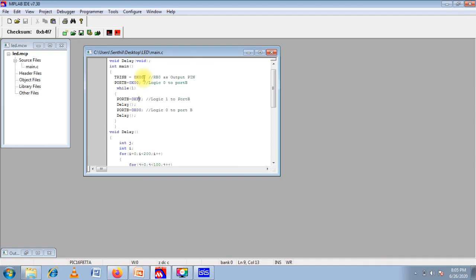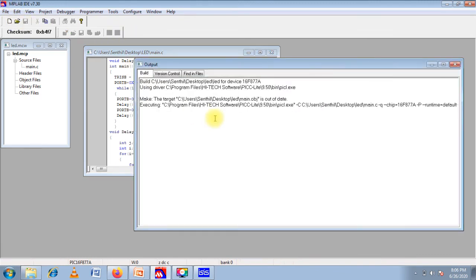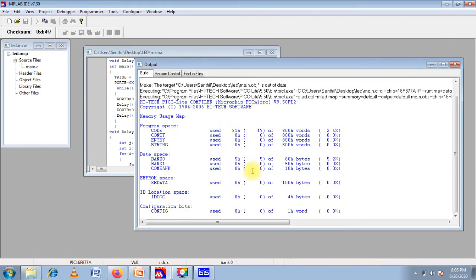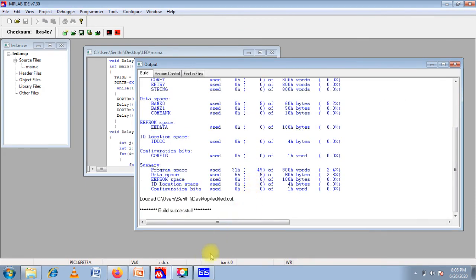For example, I will configure only the lower 4 bits as output and the upper 4 bits as input. Here also we change, then we save. Once again we click the build option, so automatically my file will be built and it will give build successful.